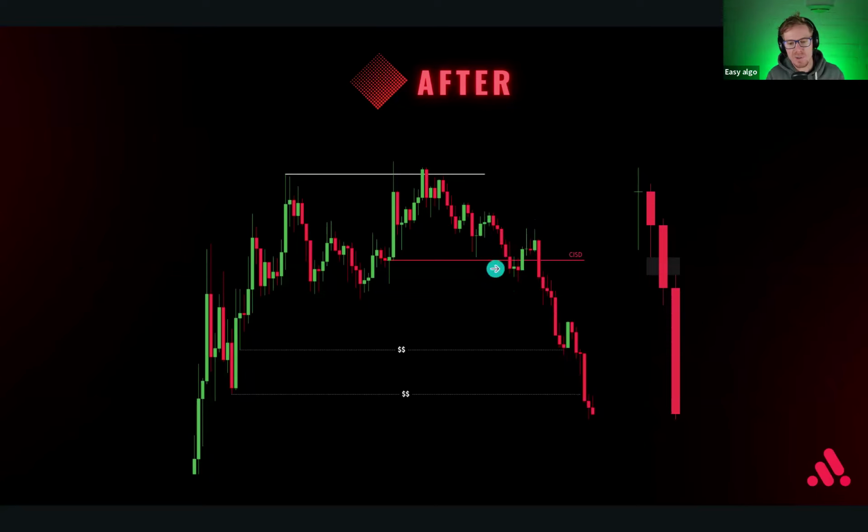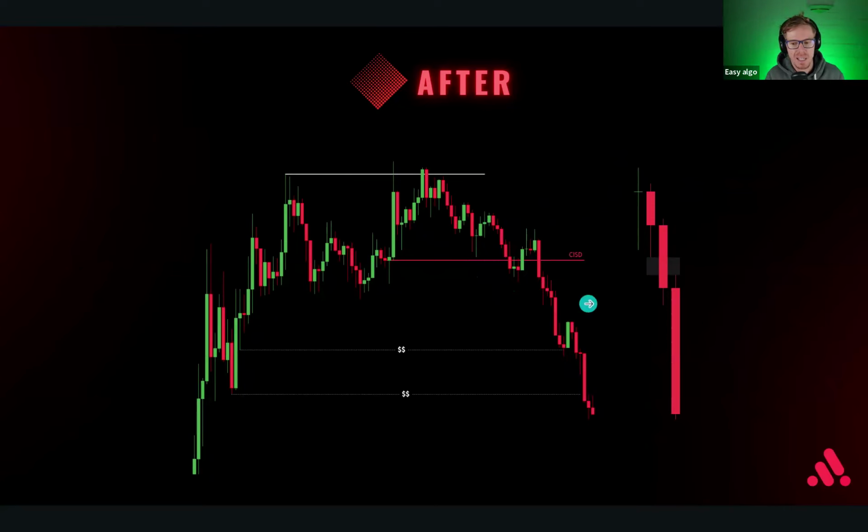But what we want to do is we always want to wait for the CISD. This line is what's going to keep you safe. It's going to teach you to become a disciplined trader. So you only wait for the break of the CISD line before you enter. And then what happens as we get that higher time frame sweep candle closure, then it projects these liquidity lines